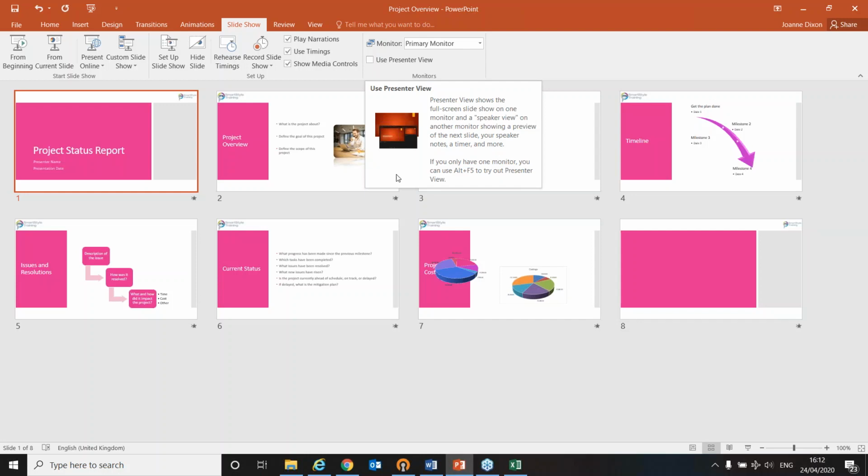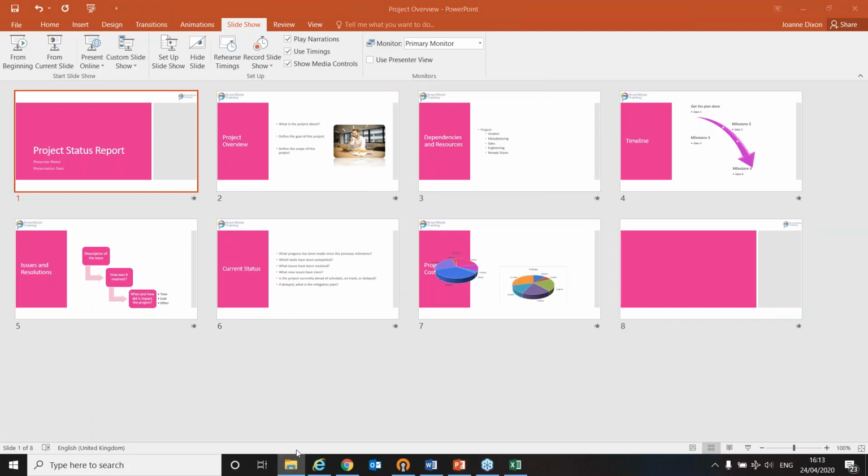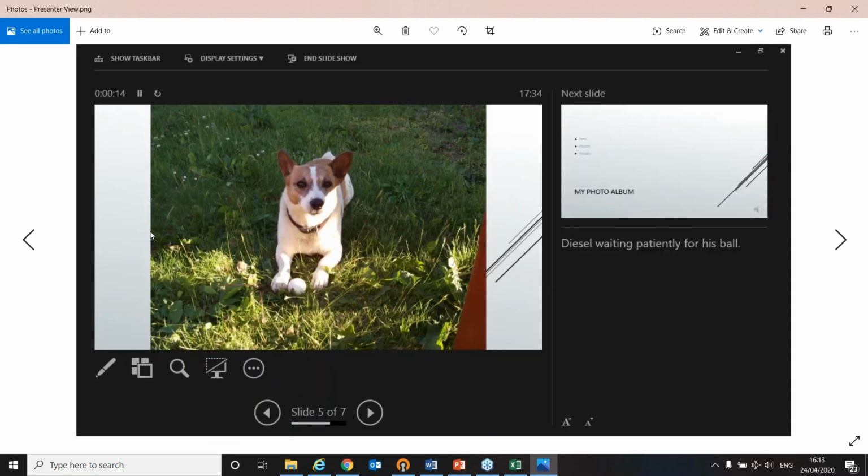Do you want to use presenter view? So the benefits of using presenter view, let me show you this image. This is what it looks like. This is just a screenshot of the image. So what would happen on the primary monitor is the audience see the slides, and on your other monitor you